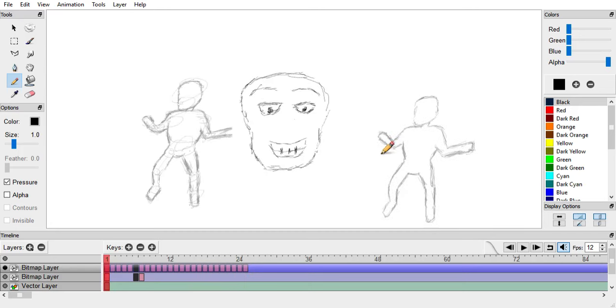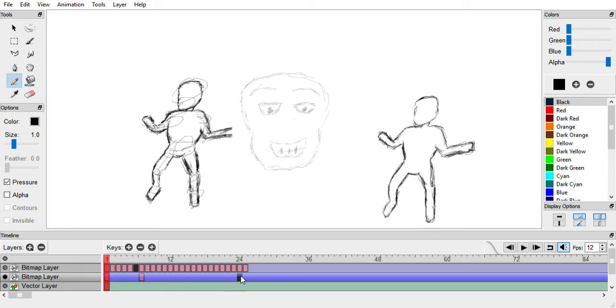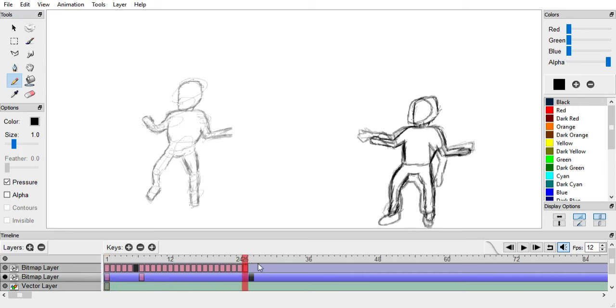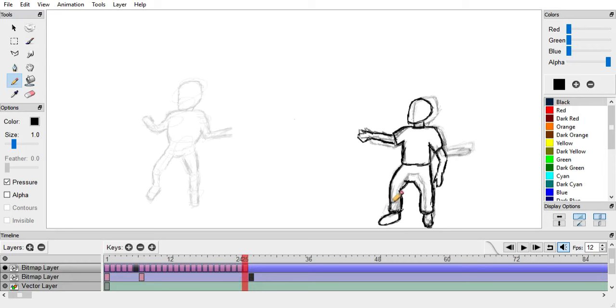Look, this was my reference. Where is my reference then? Can I just drag this guy over here somewhere? Is that actually going to work? Hey, there's my reference. I got my reference back. Nice. I have to make sure I'm on the right bitmap layer before we progress, and I'm going to hit new keyframe.